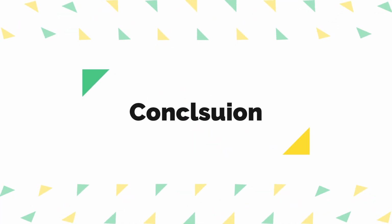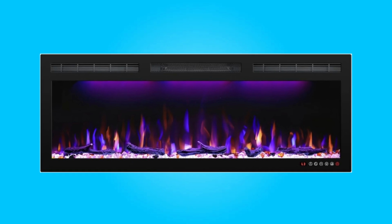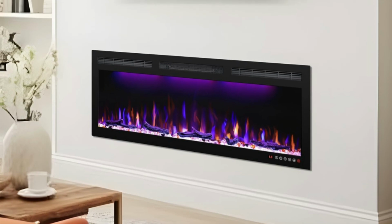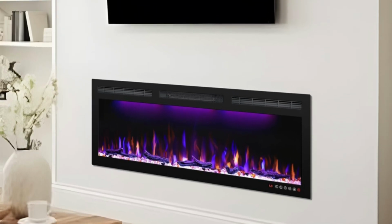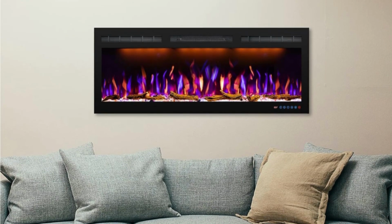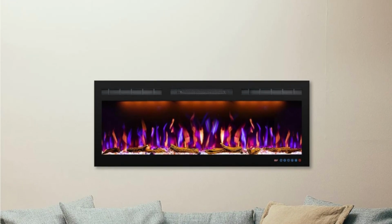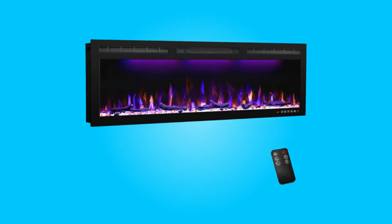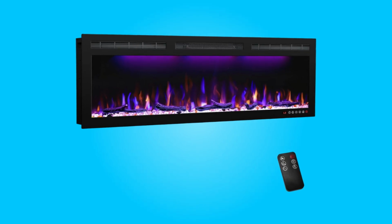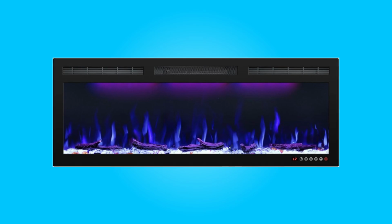Conclusion. The Mystflame Electric Fireplace, with its stylish design, realistic flame effects, and customizable settings, is a versatile and attractive addition to any living space. It effortlessly combines functionality with state-of-the-art design, making it not only a source of warmth, but also a centerpiece of decor in your home. Whether you choose to recess it into the wall or mount it, this fireplace adds a touch of elegance and coziness to your living room or